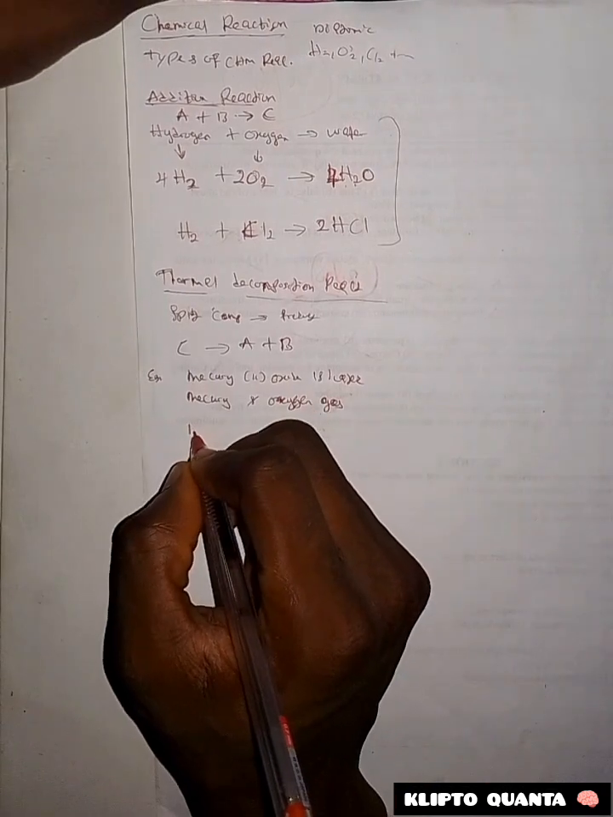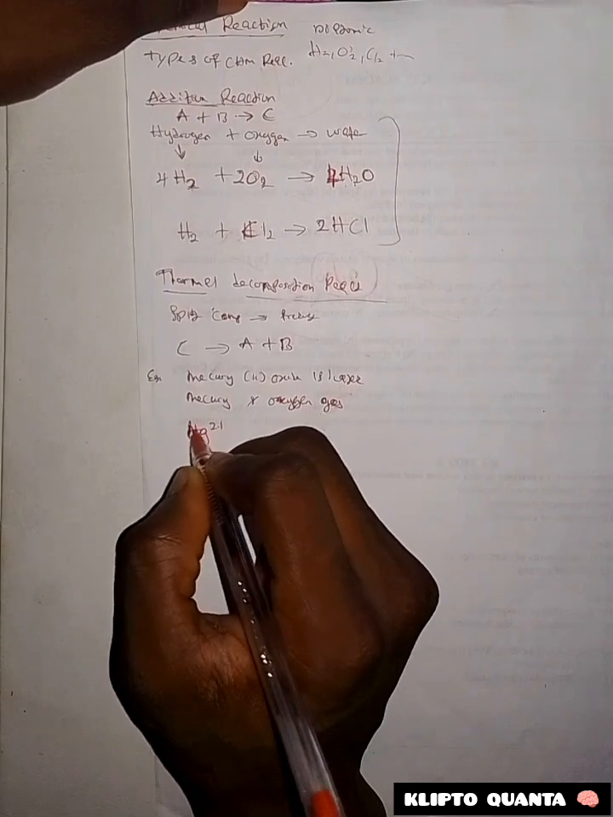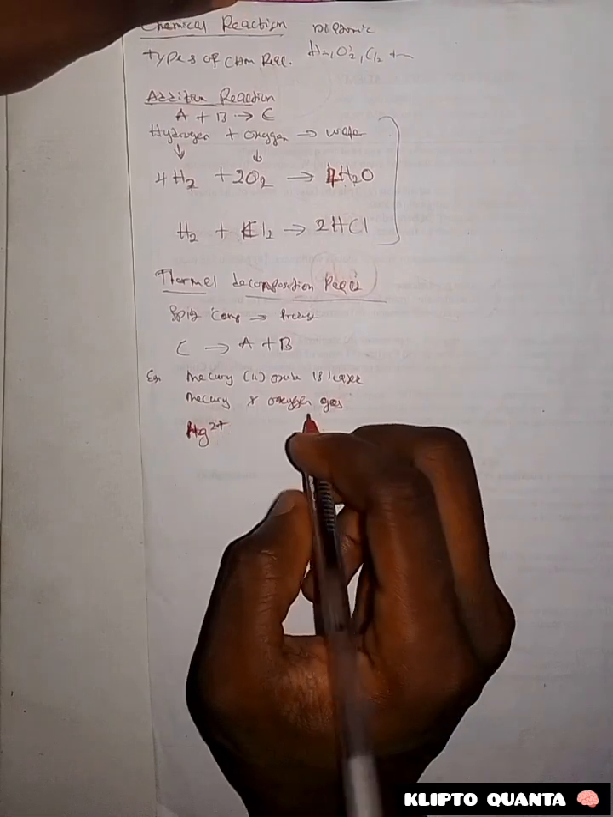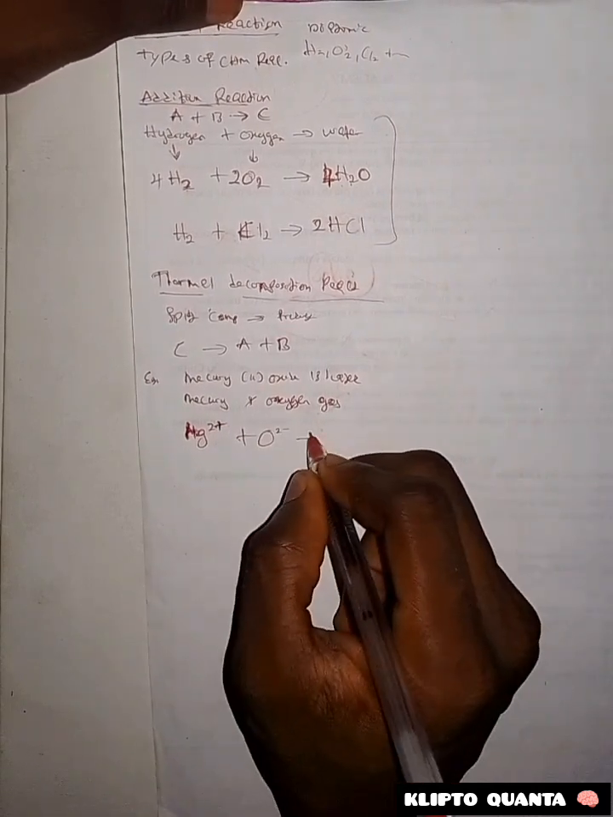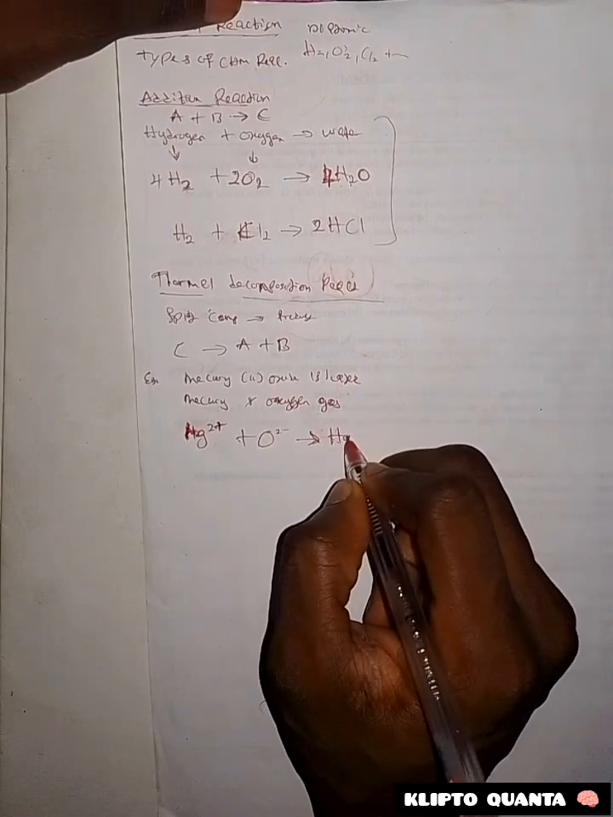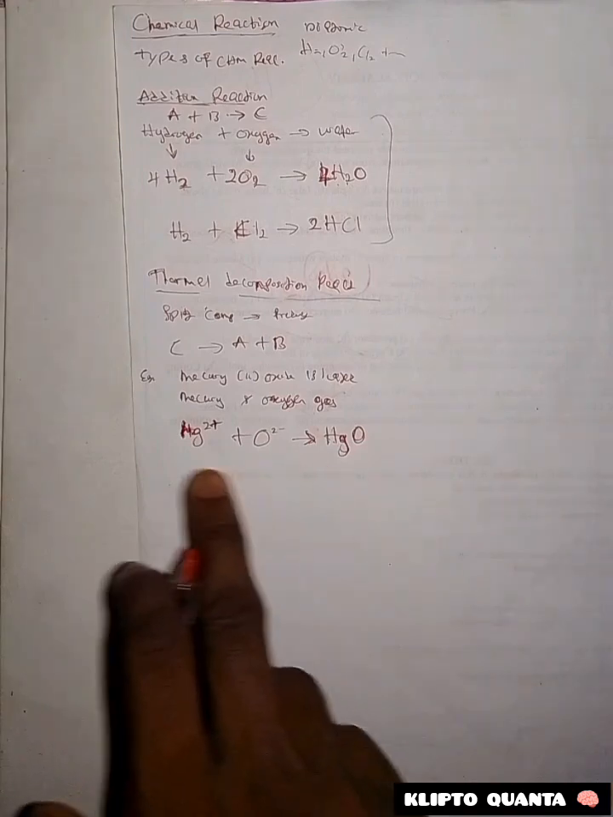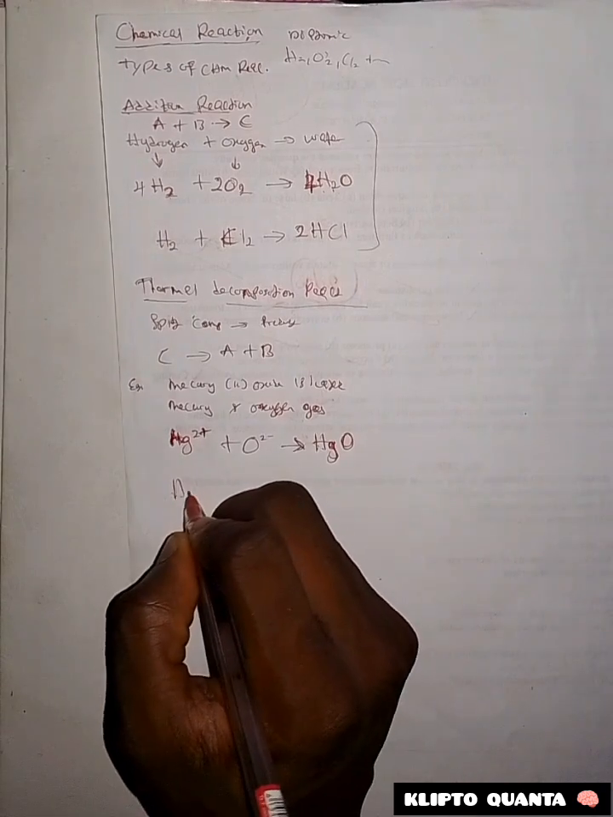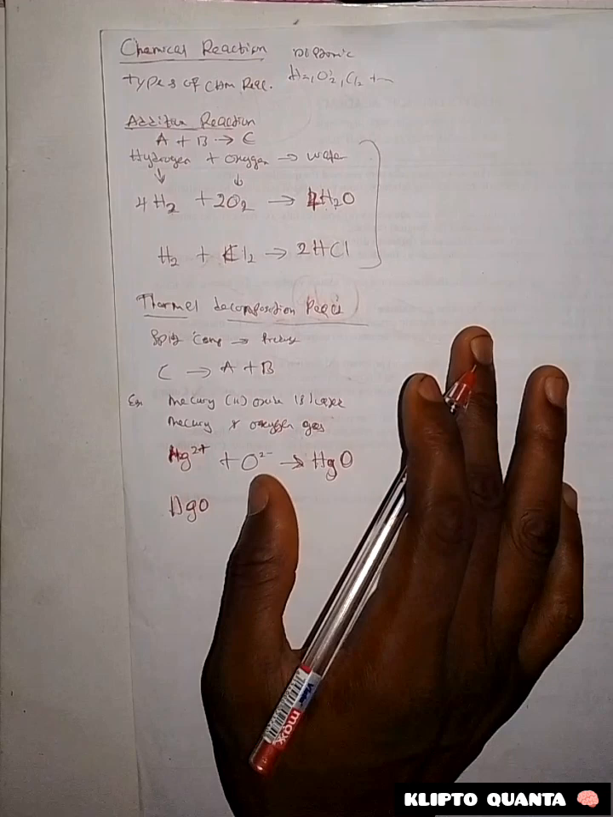So our mercury, which is mercury 2 as you can see, plus what? Plus our oxide. You have your O2 negative, and I'm trying to bring out the whole thing. Then you have HgO, again that's your mercury 2 oxide. Mercury 2, then oxygen 2 negative. So you have HgO, do not forget. So mercury 2 oxide, which is HgO,